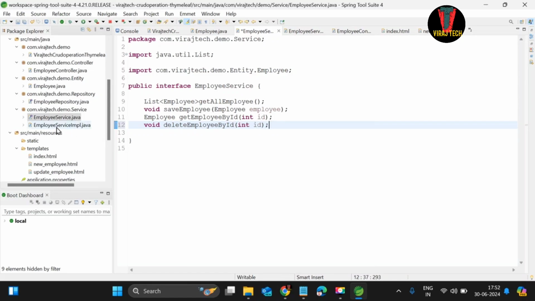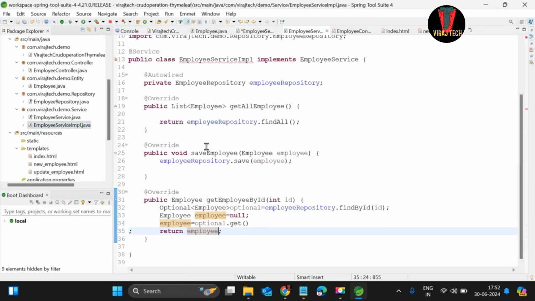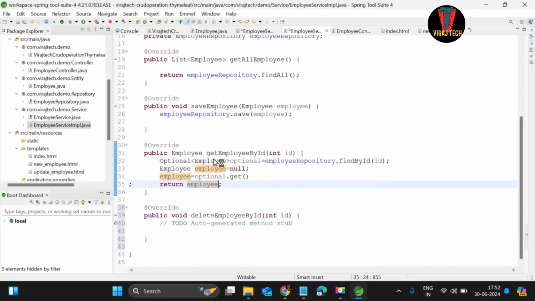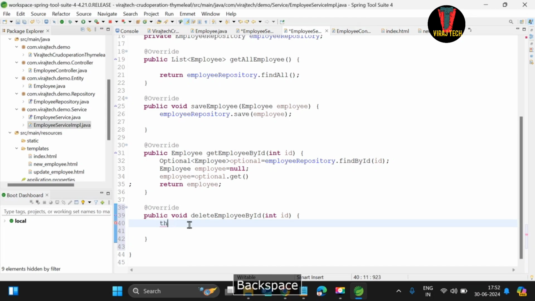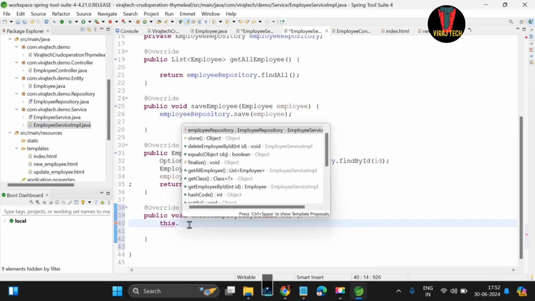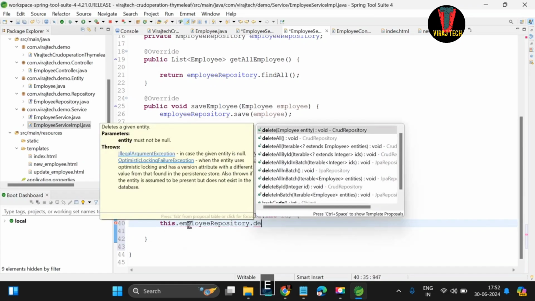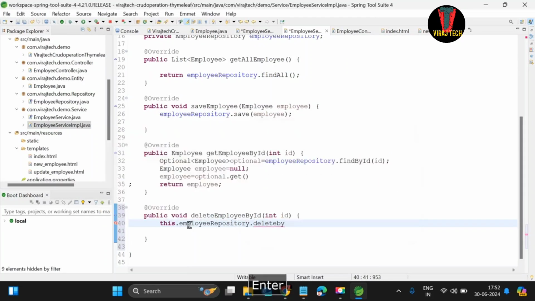Then after EmployeeServiceImpl, and here we will use add unimplemented method, delete the commented part, and here we will use this.employeeRepository.deleteById(id);